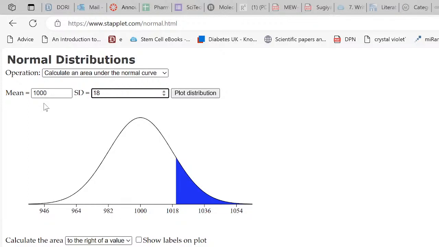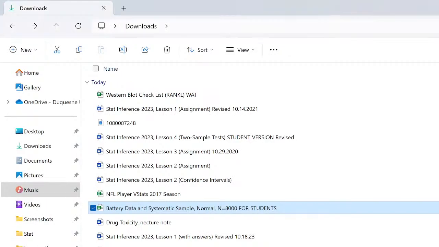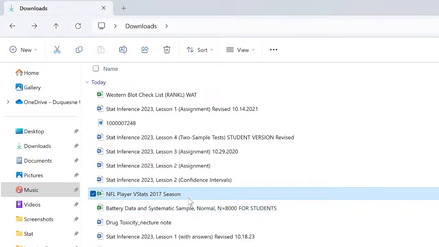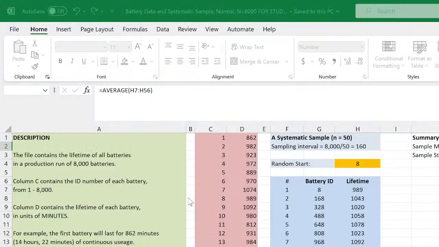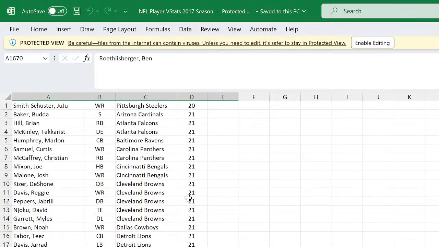So we got to get back into our data set. Now I have a file. It's a little dated right now. I keep wanting to update it. It's going to show the same thing. It's for the 2017 NFL season. Okay. Yeah, so it's like 6 years old. Not to worry though.